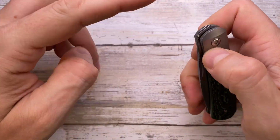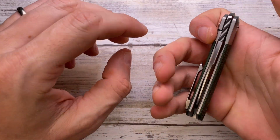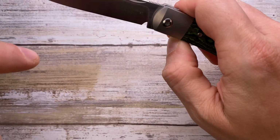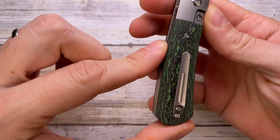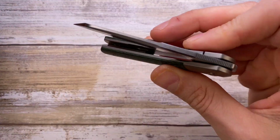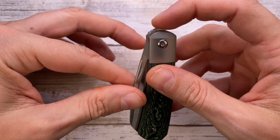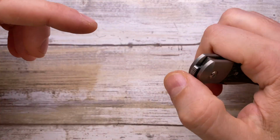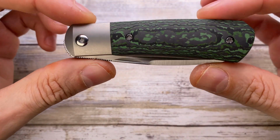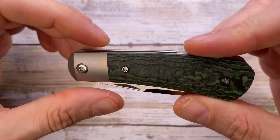This is with the index action, and this is with the thumb action, and the difference in the sound is because when you cup your hand like that and use your thumb, you create some resonance with your hand, and if you just do it like that, the structure is open for the sound to escape and produce a different sound. But hey, pretty silent, and also very unobtrusive if you use the nail nick. If you just flip it like that, it's going to be a little bit louder, but also unobtrusive 100%. This little guy weighs in at 2.6 ounces,